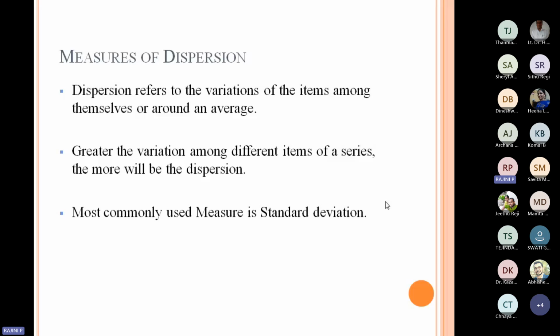That means from the actual value to the center value, or the actual value to the estimated value, what is the difference we are having? To calculate the difference, we go for measures of dispersion. Clear? So measures of dispersion is nothing but the calculation of the error. What is the meaning of error? The difference between the actual value and the estimated value.